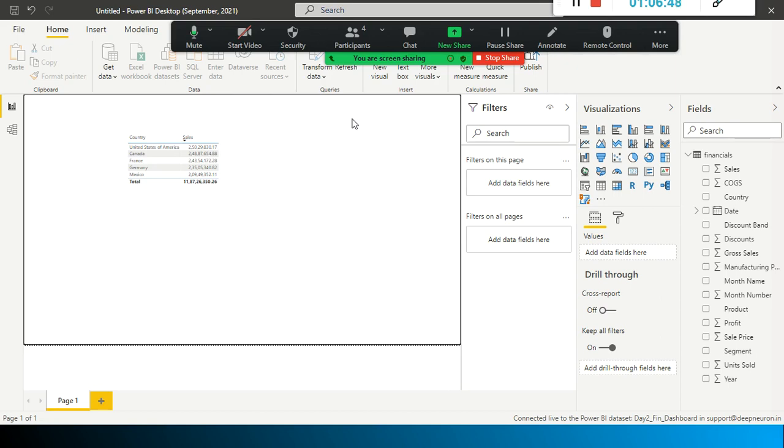Okay, and the day after tomorrow we will continue more on the transformation part, data transformation. That is the one we'll be spending a lot of time on, because in real-time scenarios, a lot of effort goes into the ETL part: extracting, transforming and loading. That is what we will see, and then we will continue with some other transformations. Gradually we will proceed further with DAX and all. Okay, fine. Any questions so far?